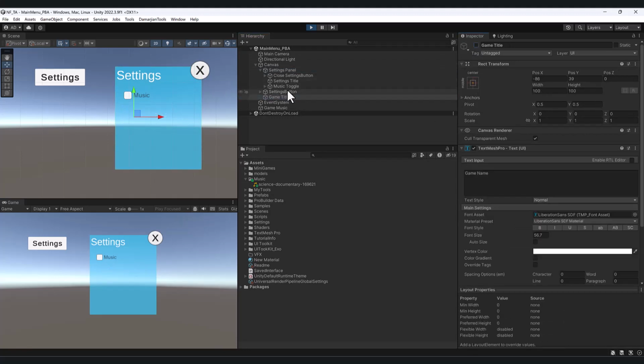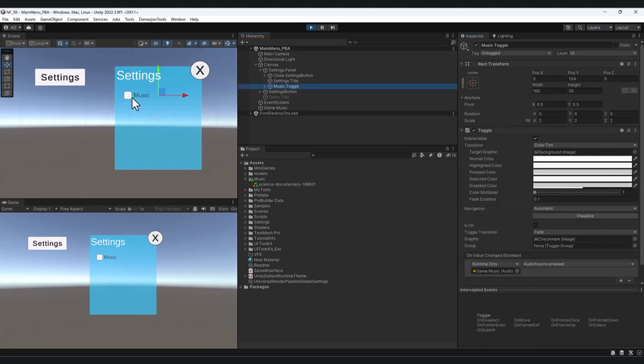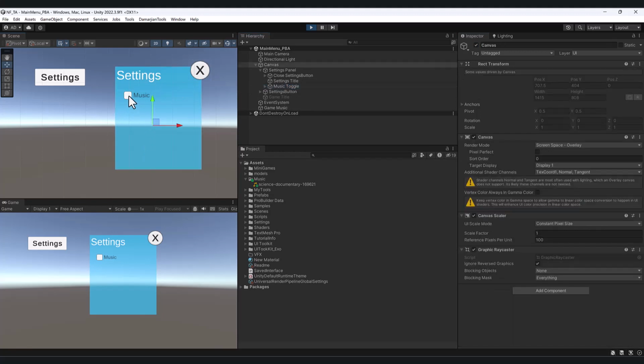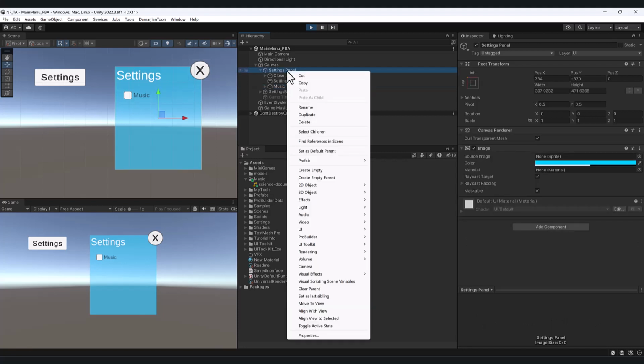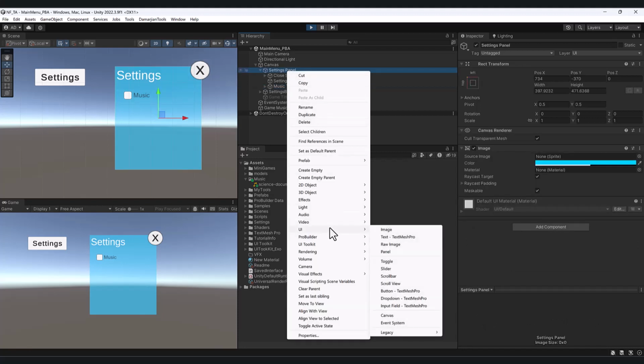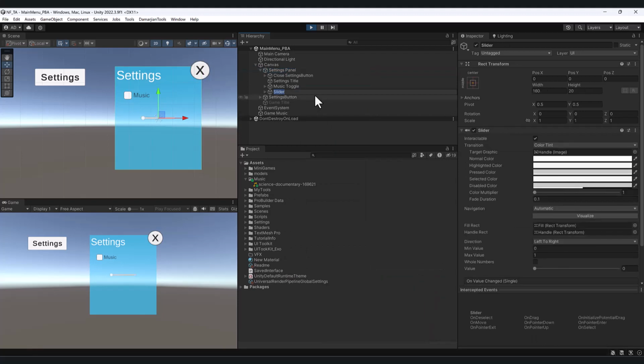Let's actually adjust, let's turn on our music toggle too. So here's our music toggle. Let's go ahead and, below our music toggle, right click on our settings panel, and let's add a UI. And then within that UI, let's add a slider. And this slider is going to be called volume. You can do music volume slider. So maybe we want the music, but we just don't want it to be that